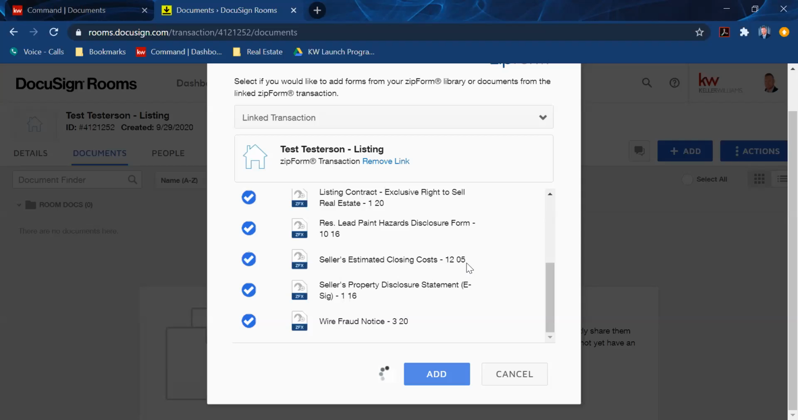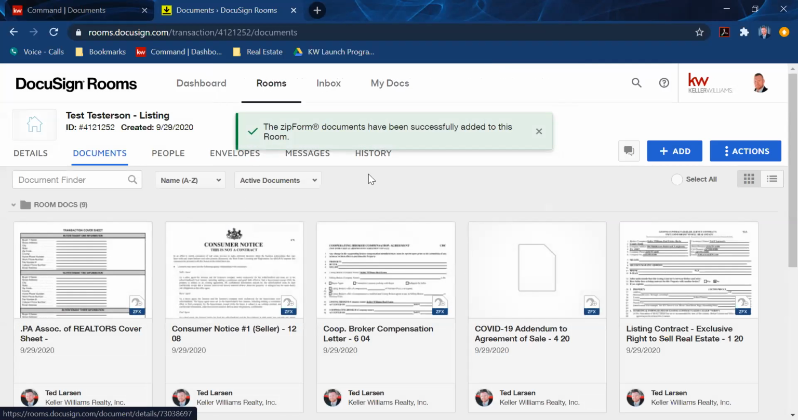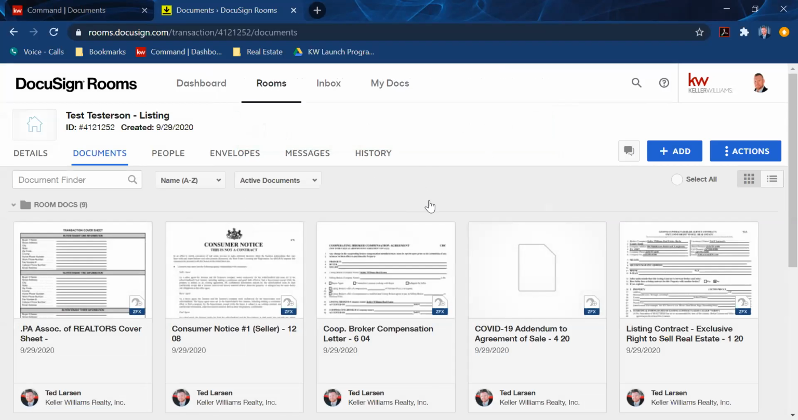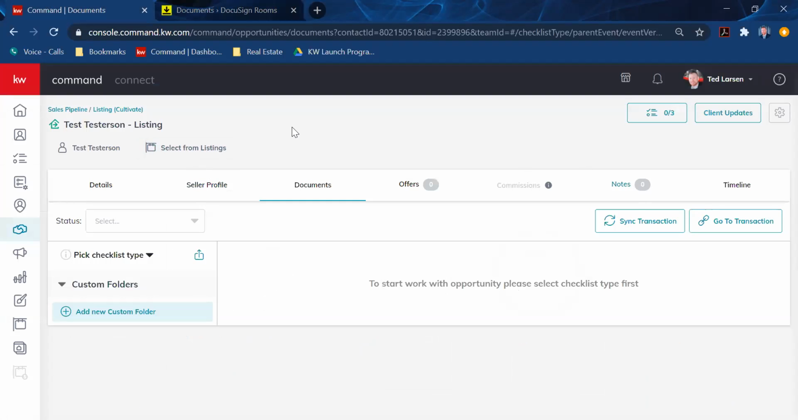One second. I'm just adding some templates of mine from Zip Forms into my transaction here. Okay. So once you go through the entire process of actually filling in your paperwork, mailing it over, and getting signatures and things back, on this aspect,